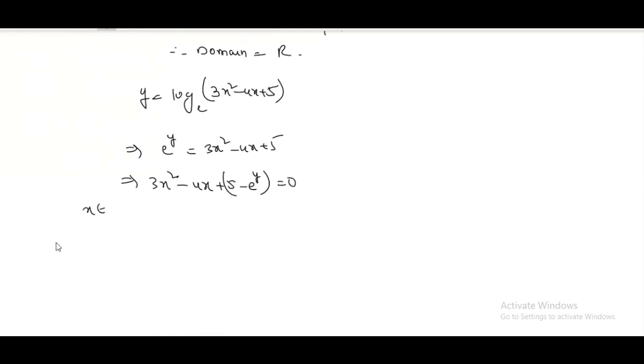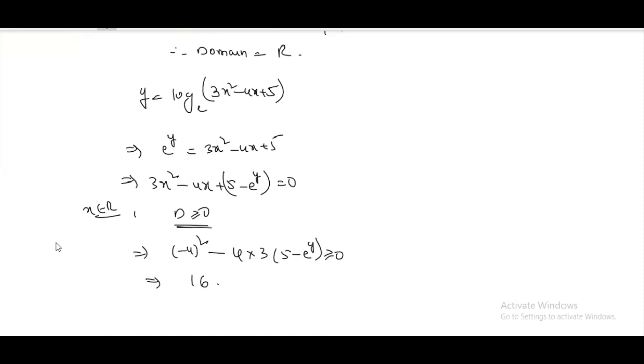So here x belongs to R, right? So the discriminant should always be greater than or equal to 0, since x belongs to R. Please do remember this. So (minus 4) whole squared minus 4 into 3 into (5 minus e power y) is greater than or equal to 0. So from here we will get